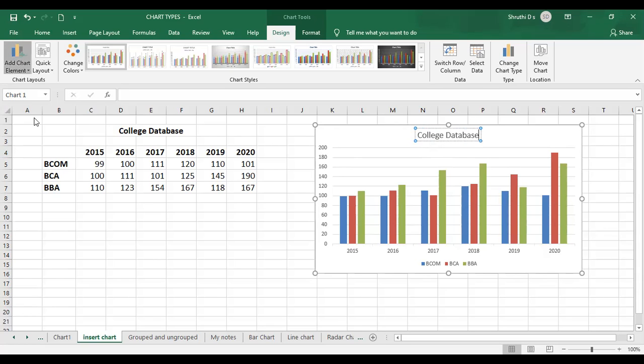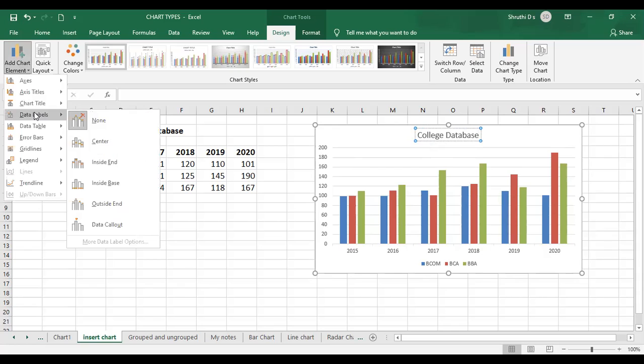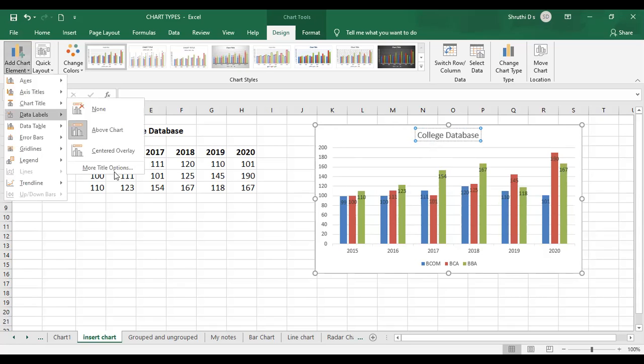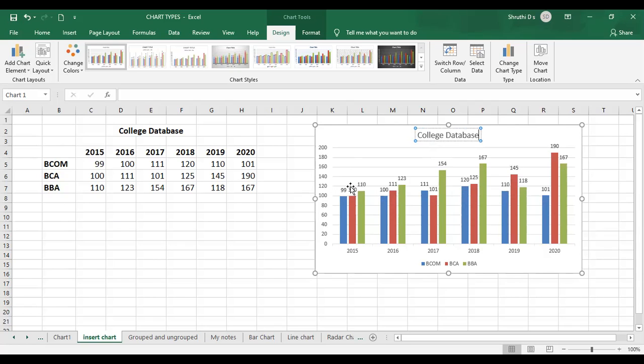Apart from that, you do have data labels. Data labels are nothing but, always make it bigger, chart data labels inside, outside. So here, whatever you are viewing, the data which is represented in this bar, that will be appearing. Whatever data you have in the table is represented for each bar over there. That is your data labels.